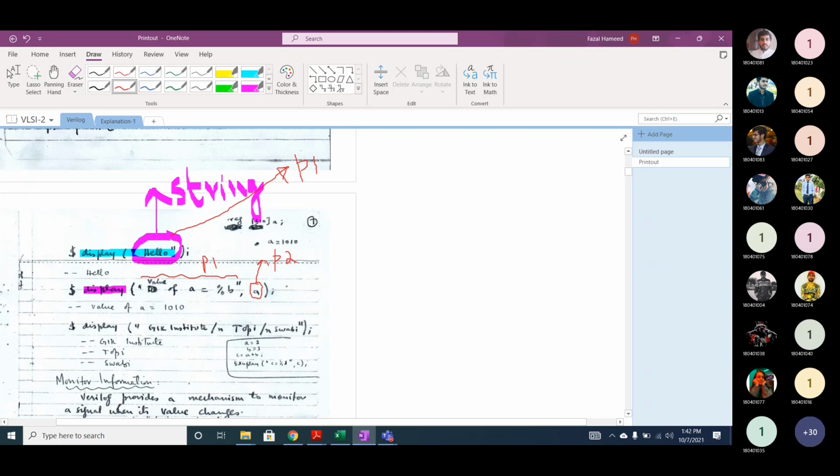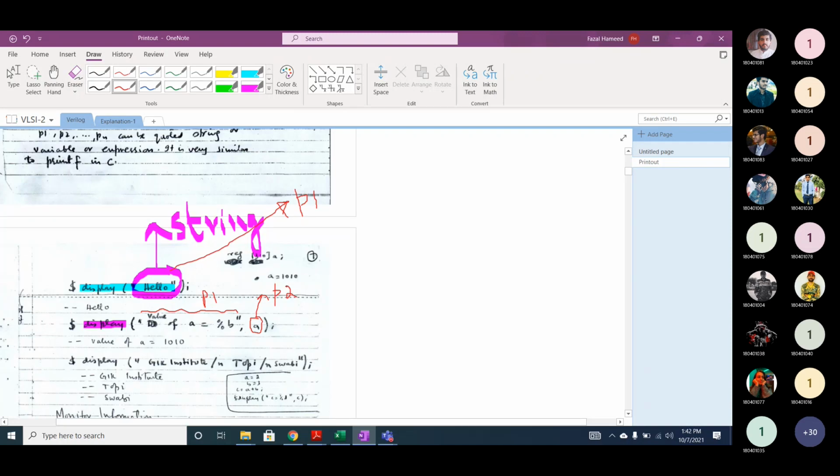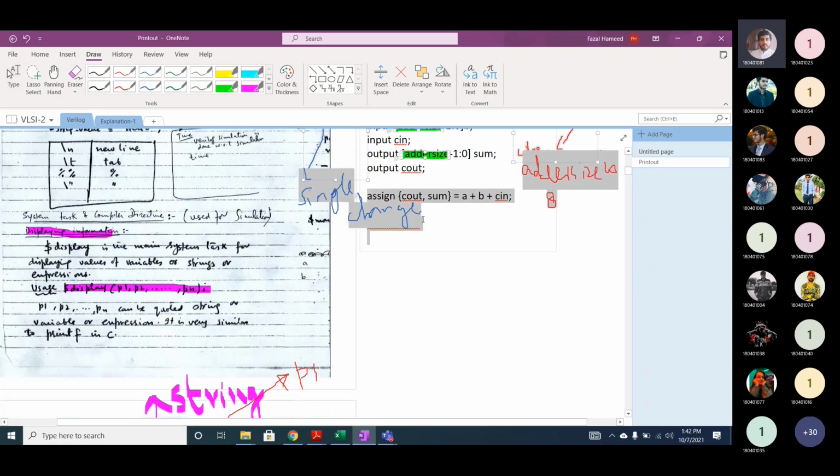Now let's assume this is a signal A. This signal A is of type what? If you look at this, what is the type of signal A? Can you see the code? Data type, sir.